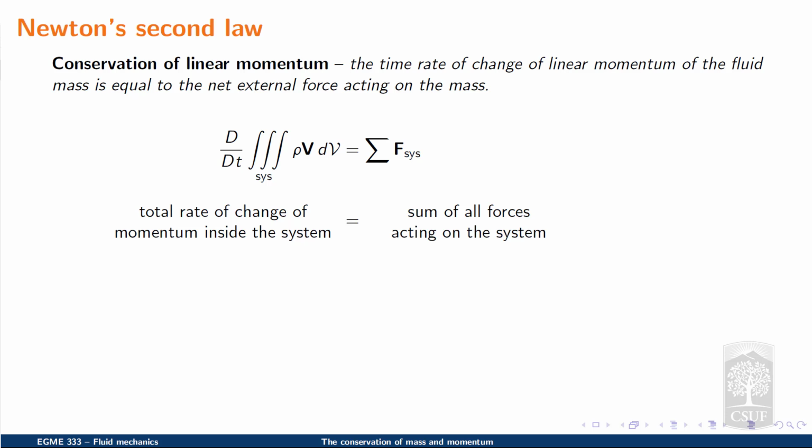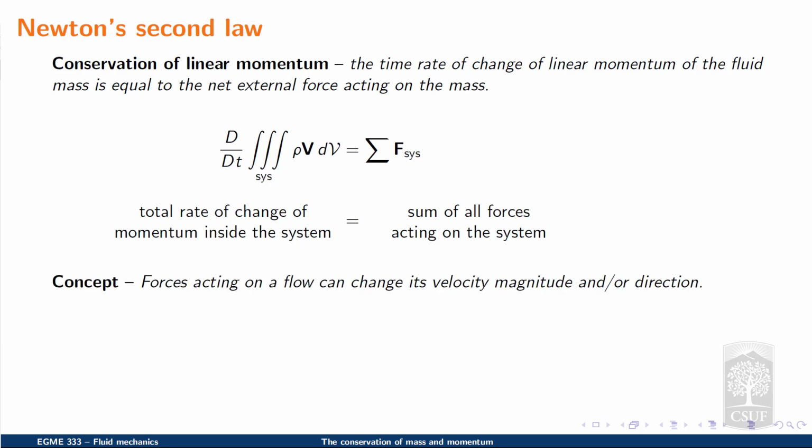Note that momentum is the product of mass times velocity, where velocity is a vector. So when forces act on a flow field, those forces can change both the velocity magnitude or direction. Alternatively, if we see changes in the velocity, direction, or magnitude, then consequently there needs to be a force responsible